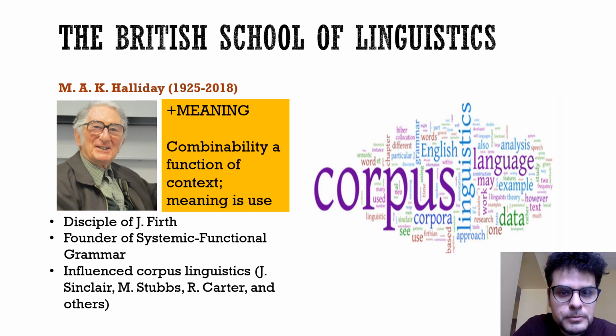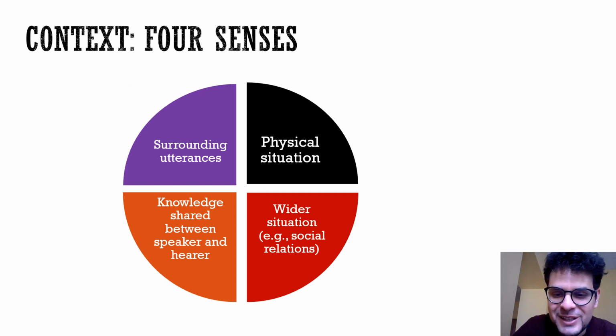Okay. Now, enough of the historical background of linguistics, and let's move on to context. So the central notion that is behind this idea of combinability. Context is a polysemous word, like many other words. You remember that 50% of the words are polysemous in the English language. Context is especially polysemous because, even within linguistics, it has been used in different senses.